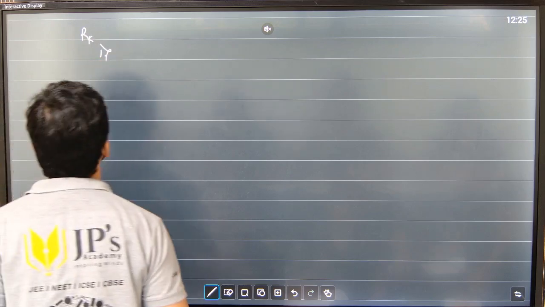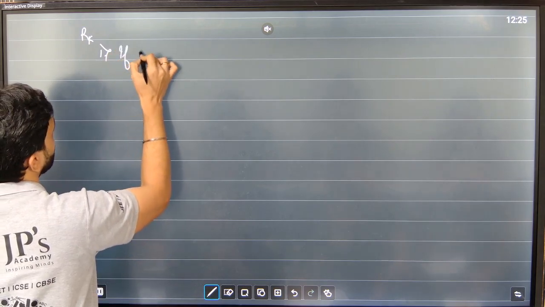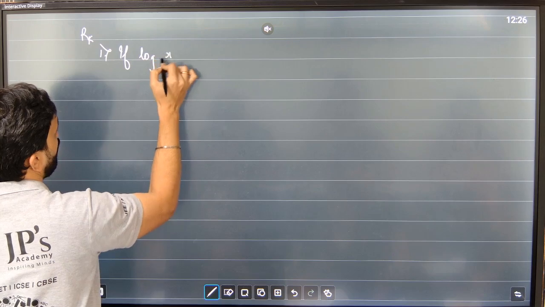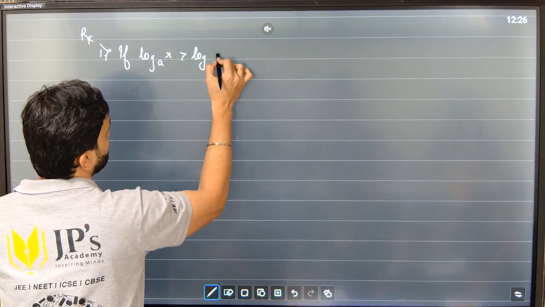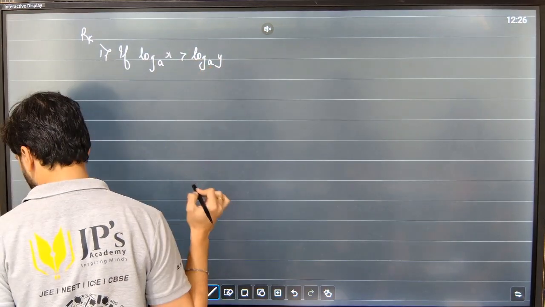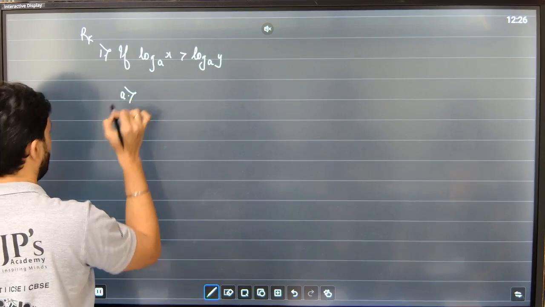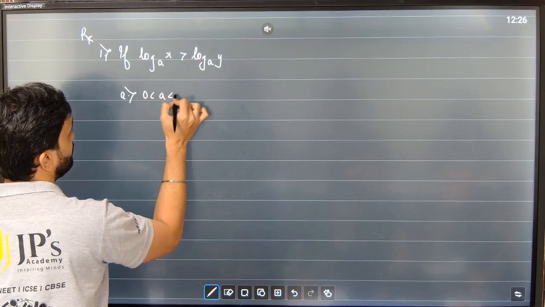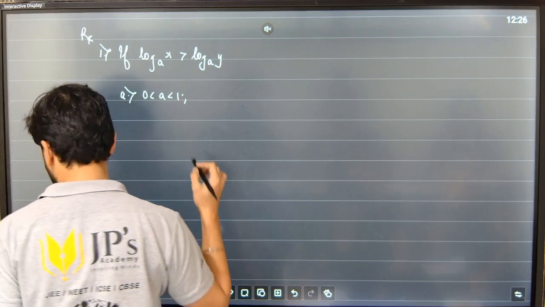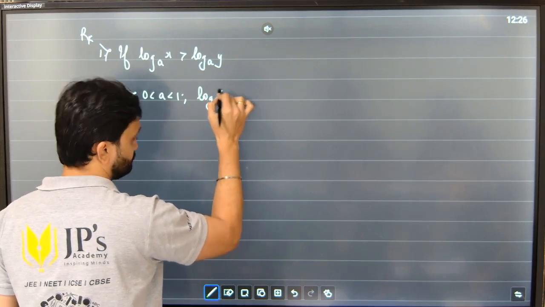Remark number 1, if I start with remark number 1, if log x to the base a is greater than log y to the base a, दोनों का बेस सेम है, ठीक है. a part 0 less than a less than 1, where log is